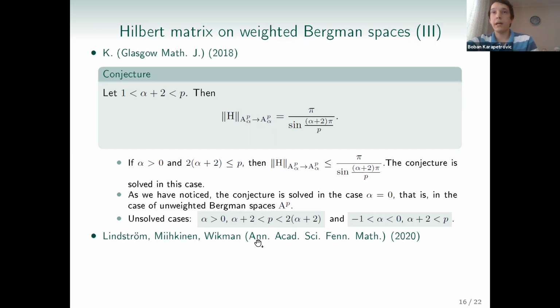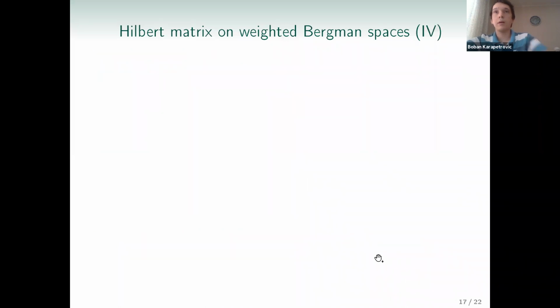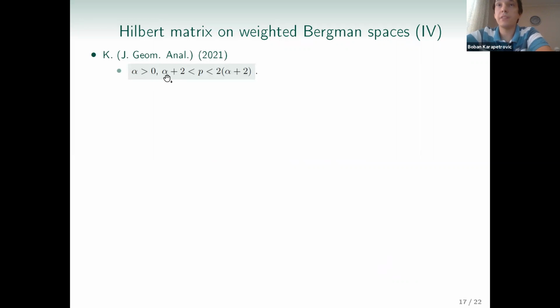And also, recently, Lindström, Miihkinen, and Wikman, in 2020, solved the conjecture in the case when alpha is greater than 0. So in this case, on this interval, when p is less than 2 times (alpha plus 2) and p is greater than or equal to this quantity. And also, we have the next result. Again, in this case, when alpha is greater than 0 and p is on this interval with endpoints alpha plus 2 and 2 times (alpha plus 2),